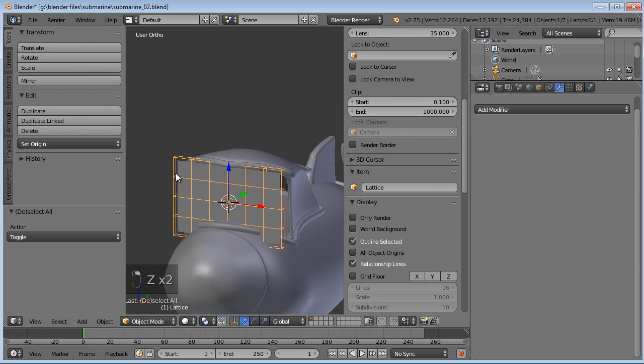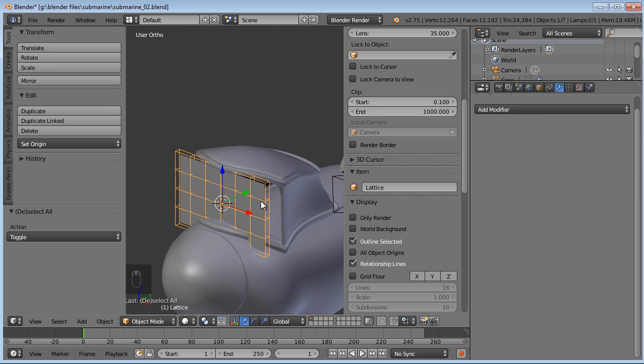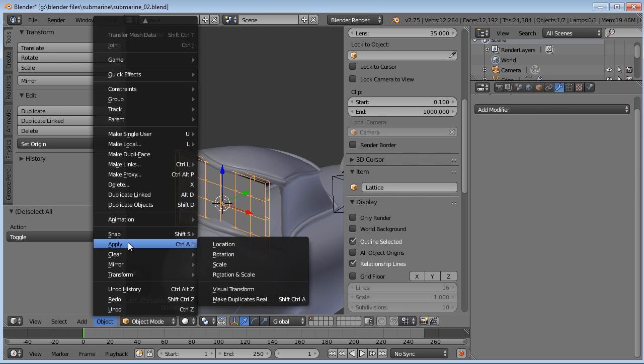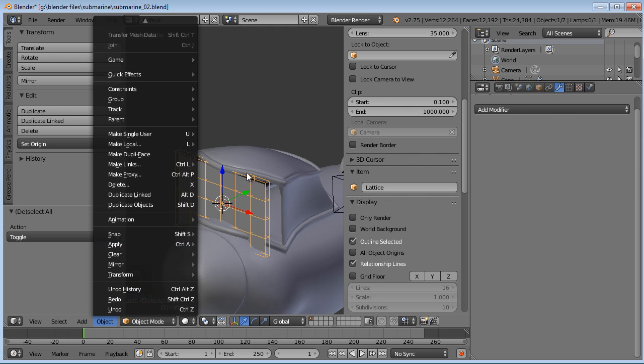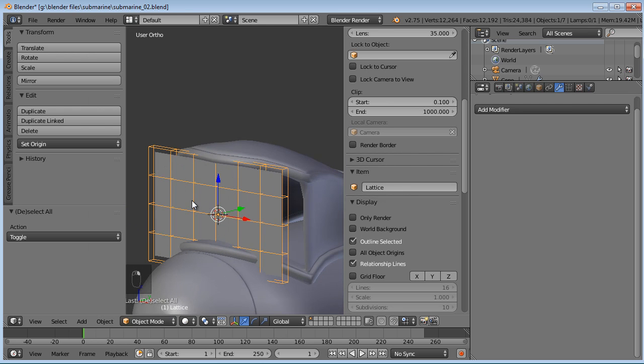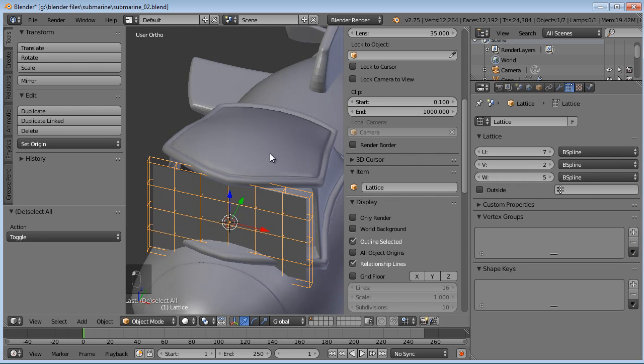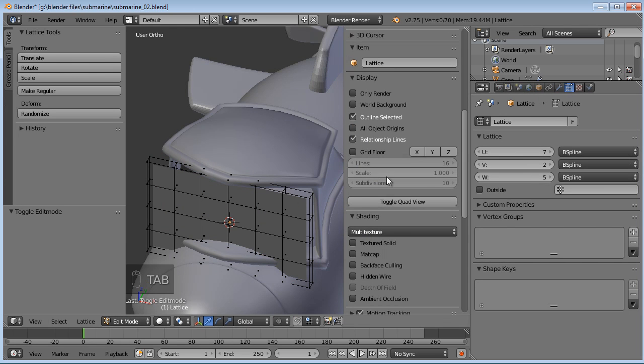That's why I was scaling the lattice in object mode. So if you're going to follow along with this tutorial after you've watched it already, don't apply the scale like so. Don't do that. Just leave it scaled as is. But in any case, you can fix it the way I did. So anyway, now moving forward, let's go to the lattice area there. We got this section set.